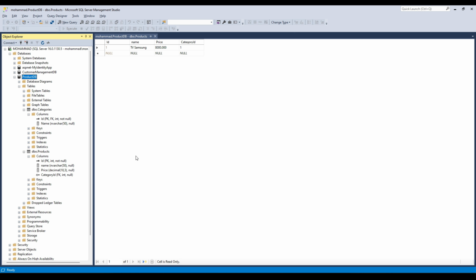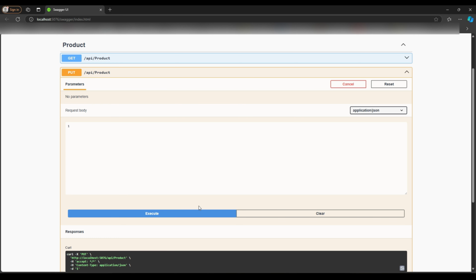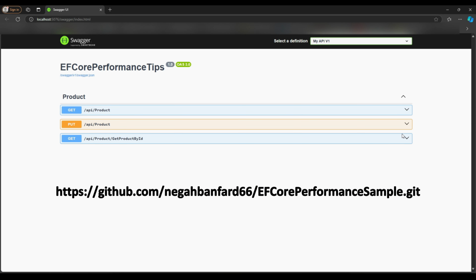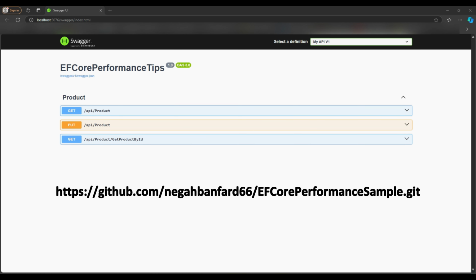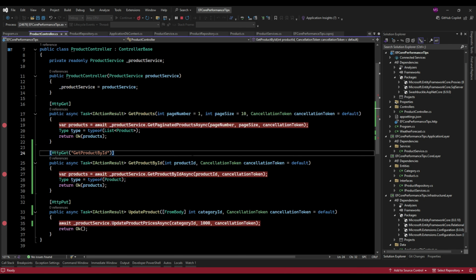And for an even easier setup, you can access the complete project on my GitHub to get everything up and running. You'll find the link to the repository in the description below, where you can download the project files and set up your database environment. And this will let you experience each performance tip in action and see how they truly improve EF Core's CRUD operations.